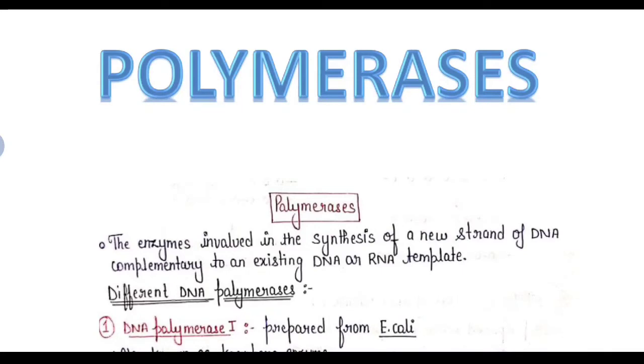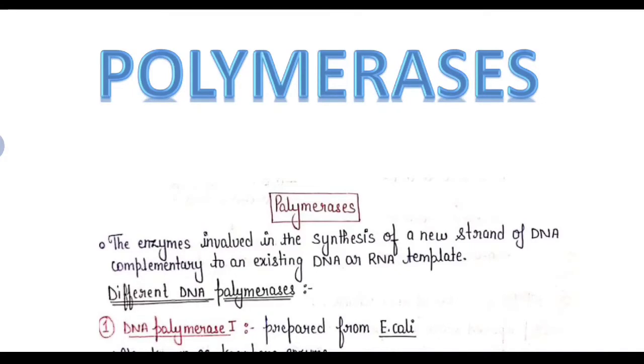And we have read about these enzymes in detail in the process of replication in the case of prokaryotes. There we have seen that two major DNA polymerases were working in the process. The first one is DNA polymerase 3 and the second one is DNA polymerase 1. The major function in the process is played by DNA polymerase 3 because it is the enzyme which is going to synthesize a new DNA strand, taking a parent strand as a template.